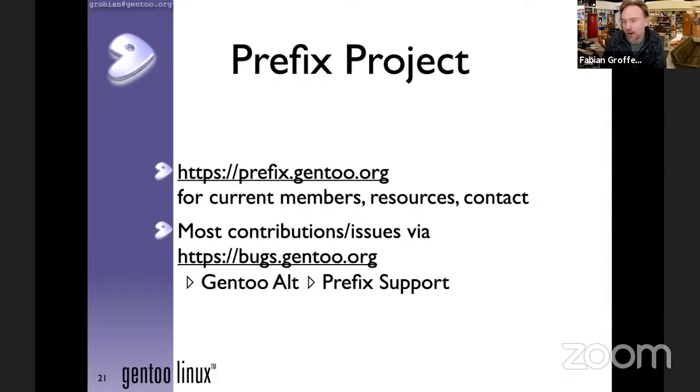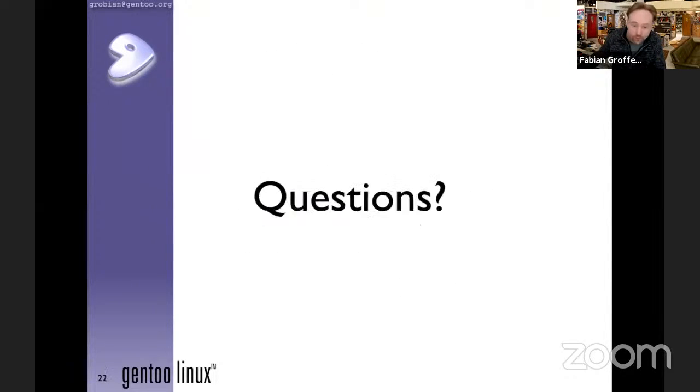But in general, I think things like bootstrapping on CentOS or Debian or Ubuntu, Arch Linux, they all go fine without too many issues. But anyway, if you have an issue and you want support and you cannot find it through IRC or whatever, you can just file a bug here.